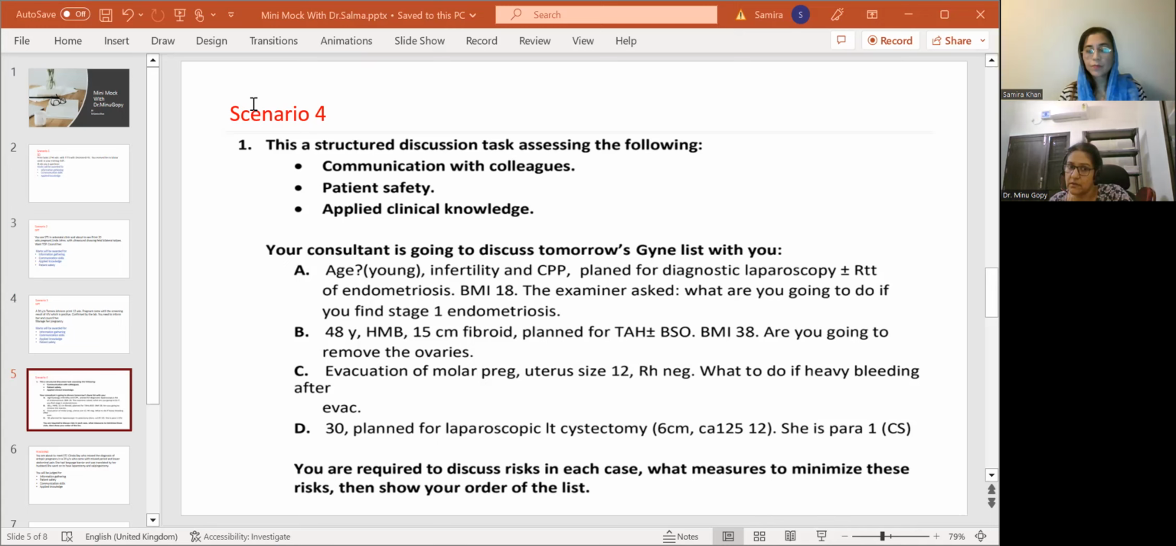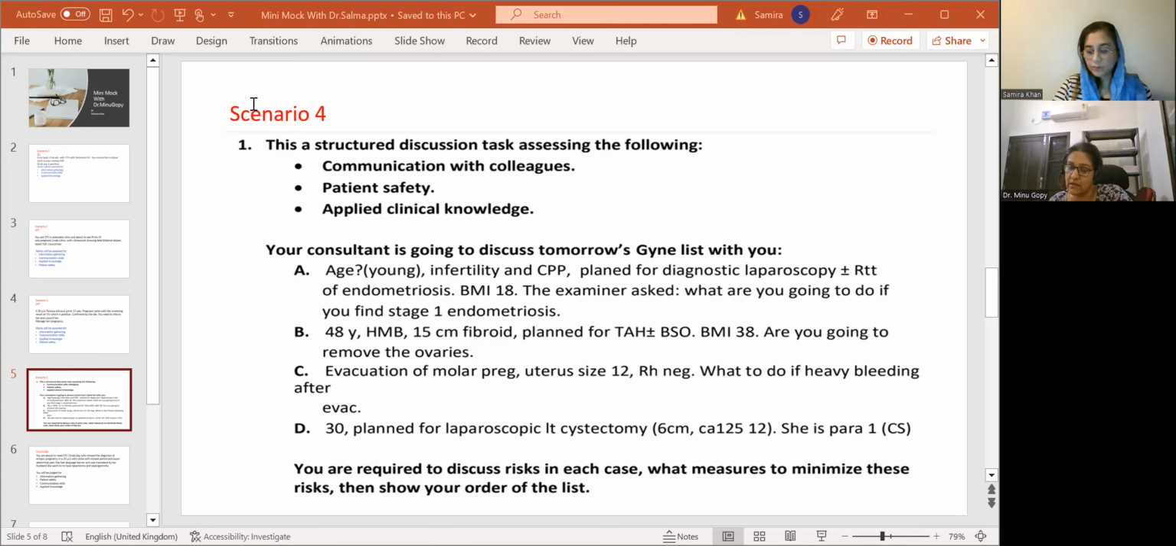So the third patient is evacuation of molar pregnancy, and it's a 12-week uterus. She's Rh negative. So we need to make sure that enough blood is arranged pre-op, and intraoperatively an ultrasound guided scan has to be done by a senior consultant, because bleeding could be expected, and also we need to counsel her regarding the chance of heavy bleeding, and also the need to send the products for histopathology, need to register her to the molar registry center,